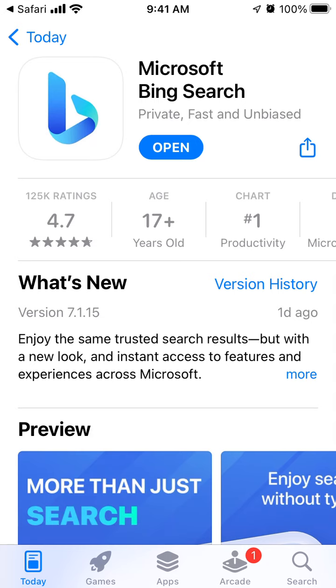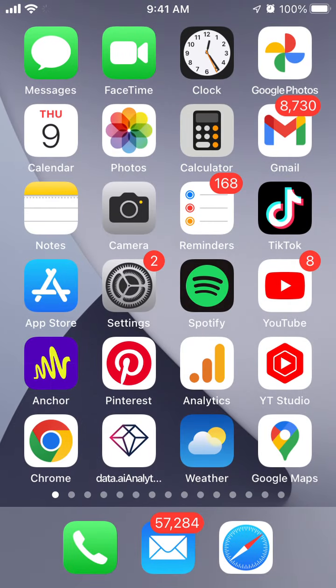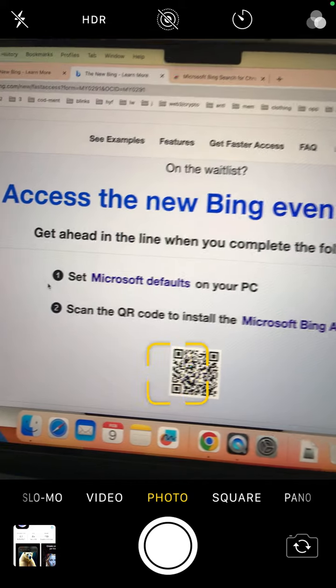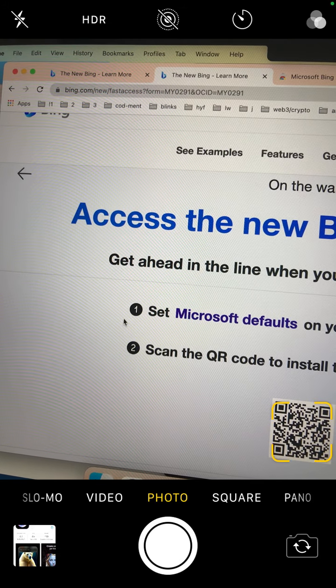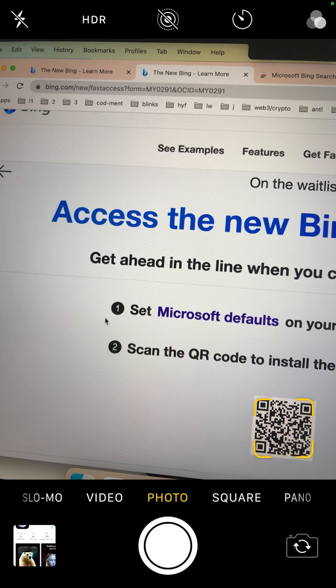Hey everyone, did you know what's the best way to install the new Bing app? Don't just install it yet by going to the app. In case you want to access the new Bing ChatGPT experience faster, what you need to do is basically go to bing.com, sign up for the whitelist to get access to the new Bing with ChatGPT,